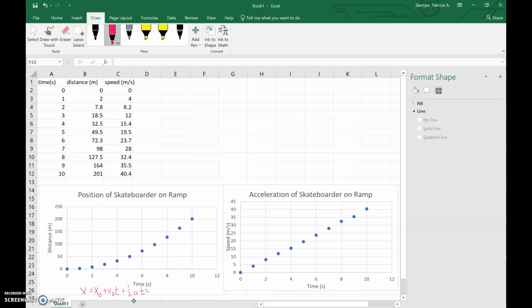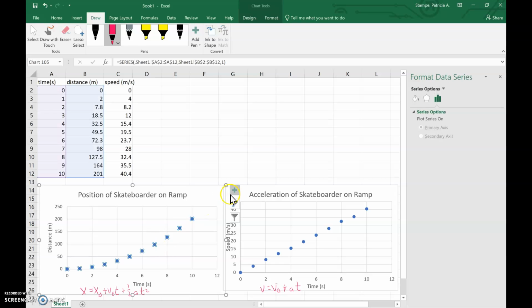My second one should fit to equation 2, which is this, that v is equal to v0 plus at. So that's the equation of a straight line where the slope is going to be a and the intercept is going to be v0. All right, so let's get Excel to do the fit. So there's two ways we can do it. One, if we just want to get the parameters, we can click on the data and I go to my plus,